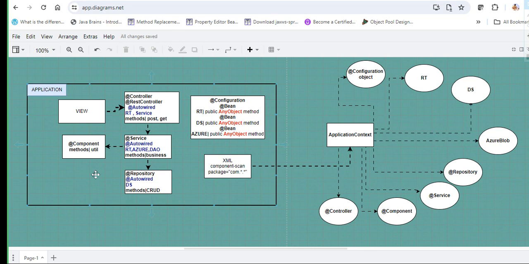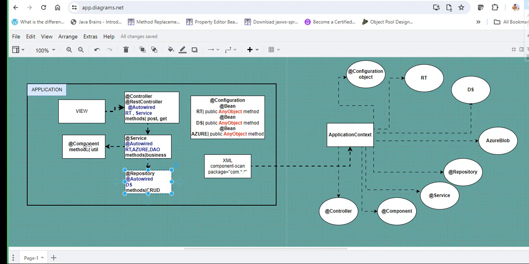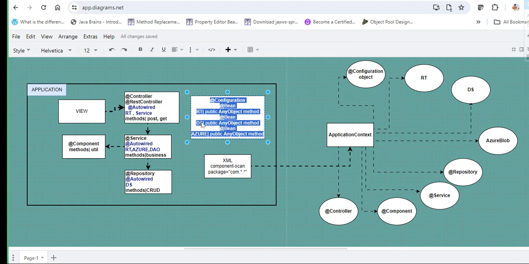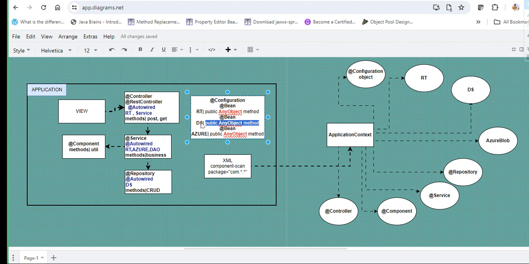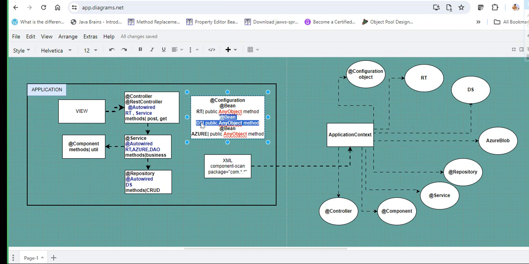So stereotype annotations are important to create your MVC objects like controller, service, repository, component, along with them any third-party object like data source. Data source is a connection pool interface. For this interface there are a lot of third-party implementations. Those are already implemented and given to us in the form of binaries. You just need to use those classes here in the @bean method, and you should initialize them